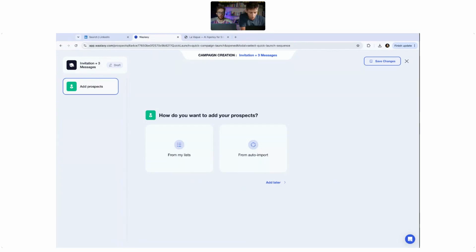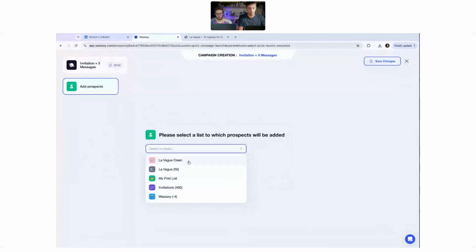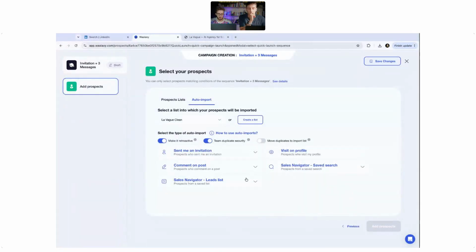Yeah, and the big thing here with what we've shown you is that when you've created that search on Sales Navigator, one of the good things is you can then link it into all of the campaigns that we're going to set up. So let's say one for each target that Claude identified for you. It's basically linking the search you've made on Sales Navigator with Waalaxy, which is kind of a hidden feature. But when you set up a campaign at the add prospect step, you can hit auto import, you can select the list, and from there you can link a specific Sales Navigator lead list, or what we want to do here,